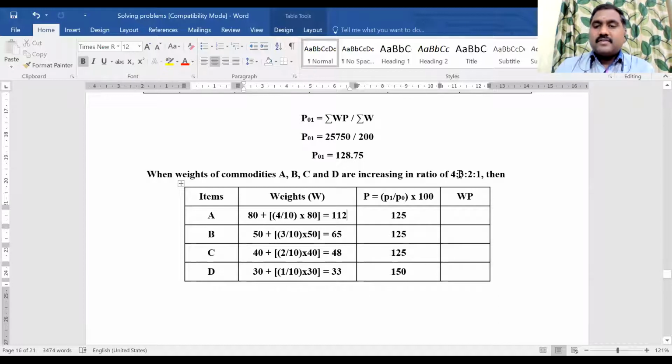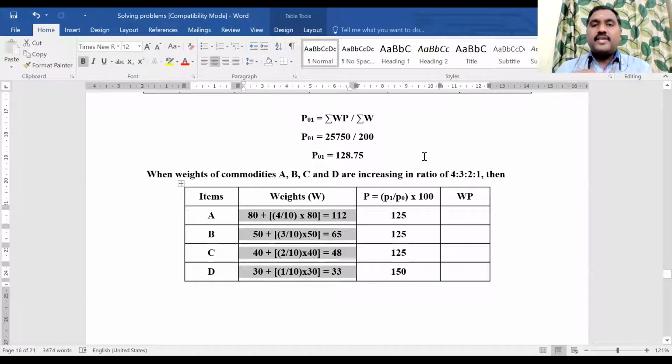The second commodity increased by 3. 3 by 10 of 50 will be 15, so you have to add 50 plus 15, which is 65. The third commodity increased by 2, the ratio is 2. So 2 by 10 of 40 will be 8, so 40 plus 8 will be 48. What is the fourth commodity's ratio? 1. So 1 by 10 of 30 will be 3, so 30 plus 3 will be 33. So this is the new weightage